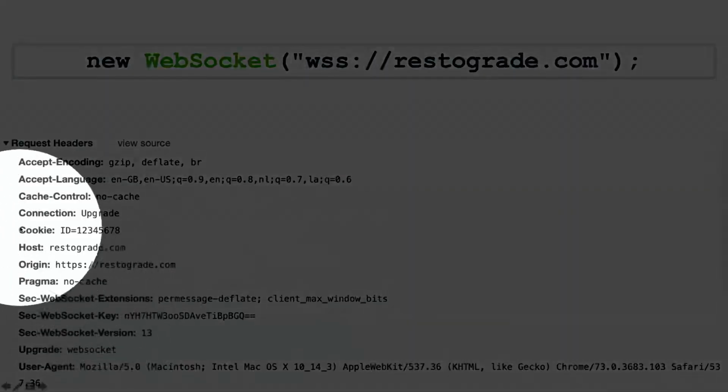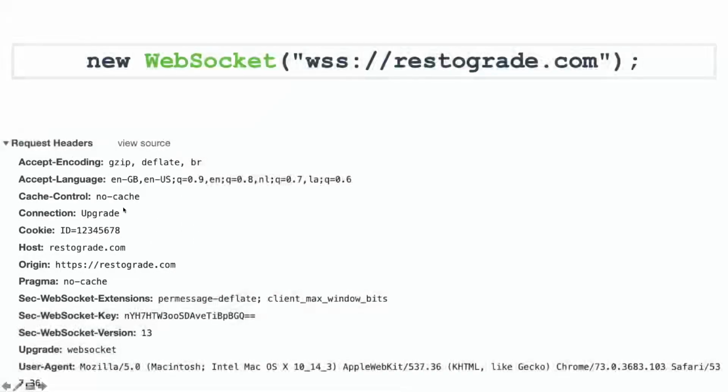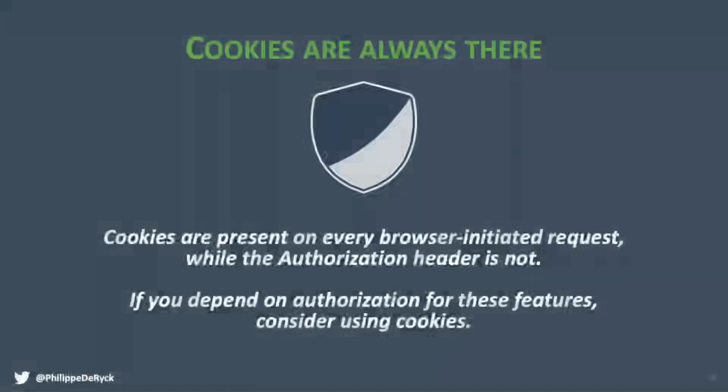Browser knows, I have a cookie for this domain, I'm going to send that cookie along with this request. And believe me, if you're opening WebSocket connections, you probably want to do some authorization there. Some people have tried it without authorization, it didn't end well. So these are some examples of why cookies are actually always there.